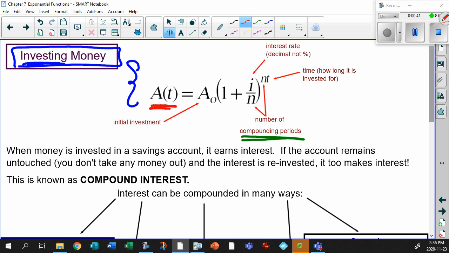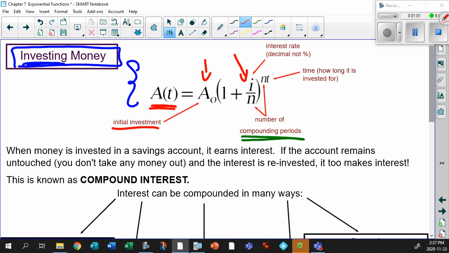Well, A_T, of course, means your total. That's your final investment. That's how much you're going to get, right? This is called A naught. That's your initial investment. How much do you actually put in? Now, interest is what your investment's going to make. That's how it makes money. So the interest is usually right here.